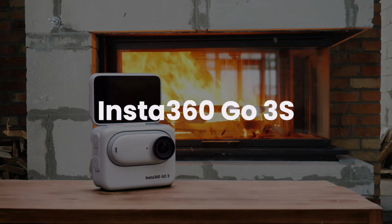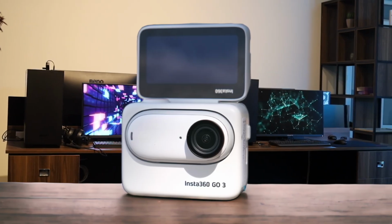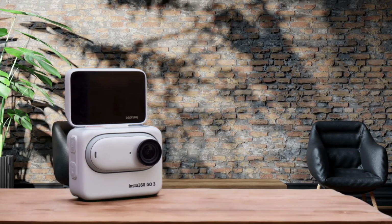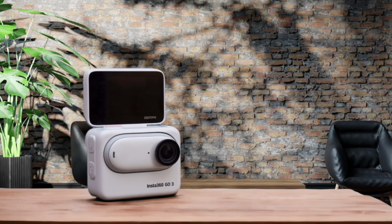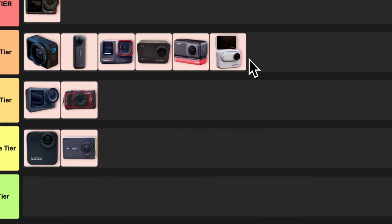Insta360 Go 3S. This tiny powerhouse now shoots 4K at 30 FPS with improved bitrate at 120 megabytes per second, making a huge jump from its predecessor. The autofocus locks onto faces quickly, and the weight reduction feature works impressively well for vlogging. While it doesn't support external microphones and can sometimes over-sharpen footage, the smartphone app is absolutely fantastic. With powerful editing features for vloggers and anyone who needs an ultra-portable action cam, I'm confidently placing this in the